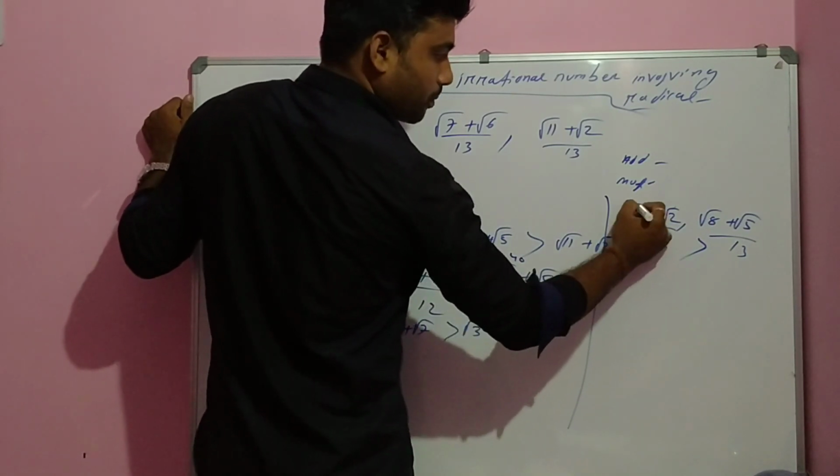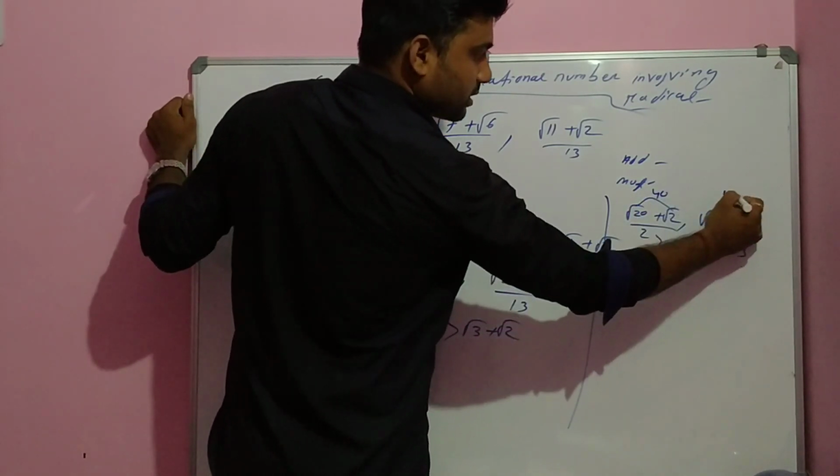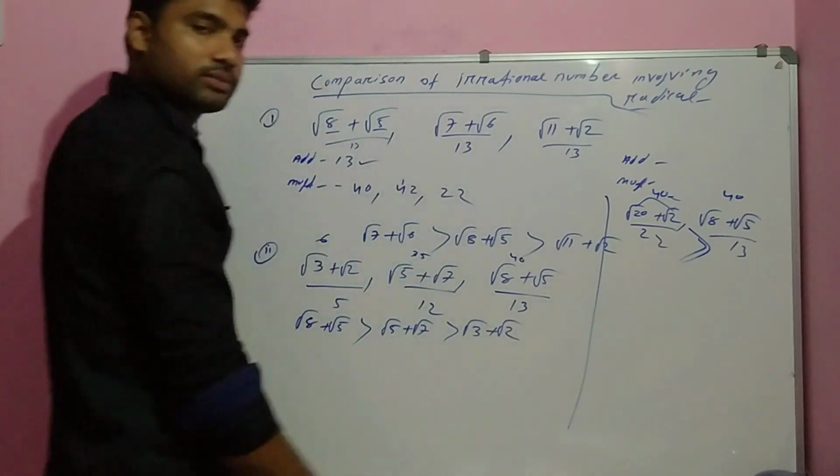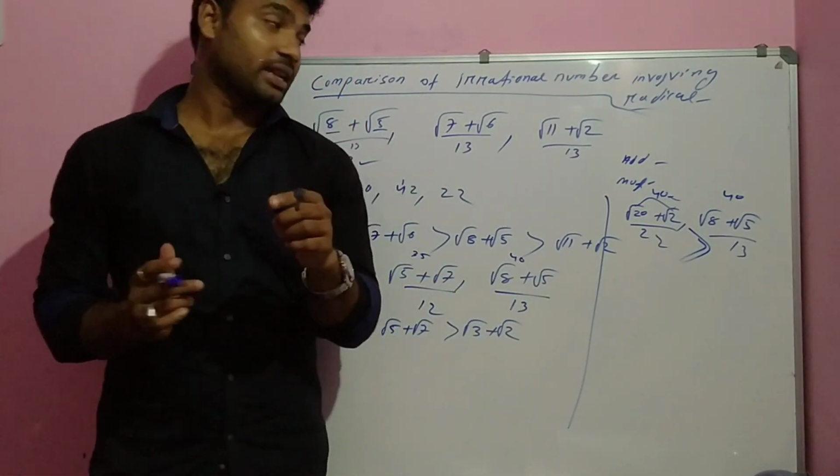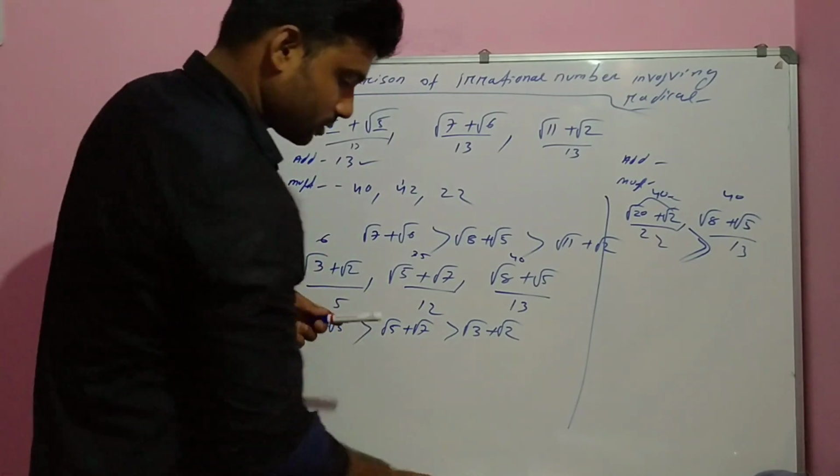If you multiply it, it will be 40 and 40, so we can't compare that way. So we follow the addition. If a difference is given, suppose